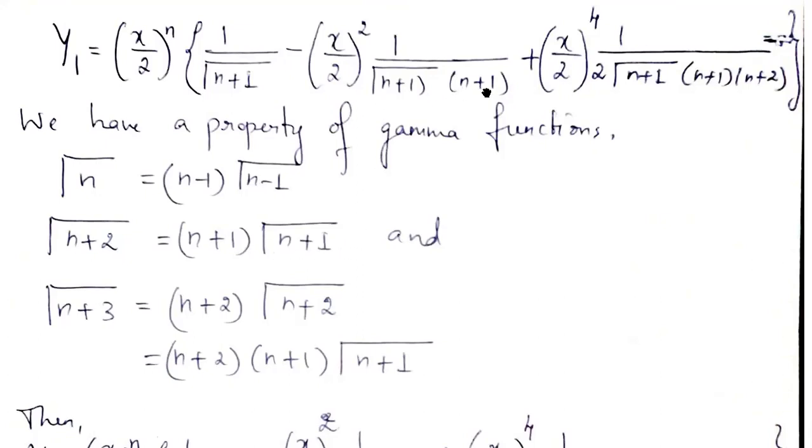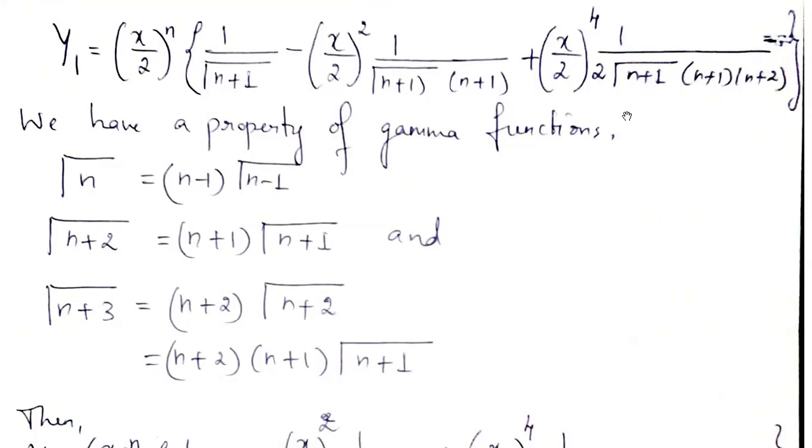So now here, n plus 1 into gamma n plus 1. These two terms together can be replaced by gamma of n plus 2. So the terms will change here. Then gamma of n plus 3 is equal to n plus 2 into gamma n plus 2. But what is gamma n plus 2 from here? Gamma n plus 2 is n plus 1 into gamma n plus 1. Put that here. So gamma n plus 3, using that I can replace these three terms here: gamma n plus 1, n plus 1 and n plus 2. So these three terms will be replaced by using the value of gamma n plus 3.